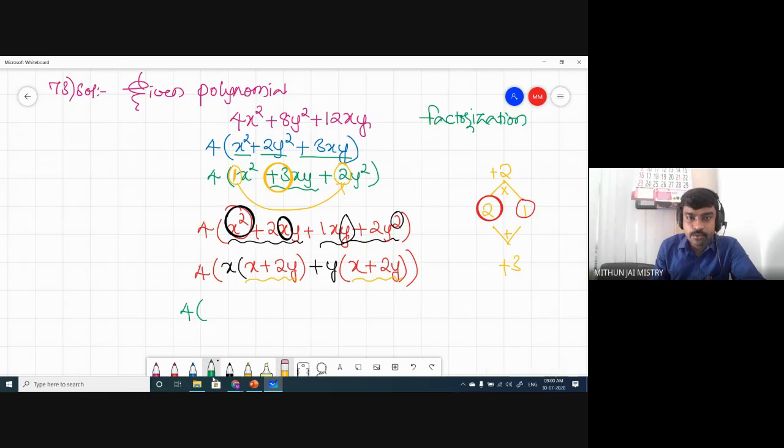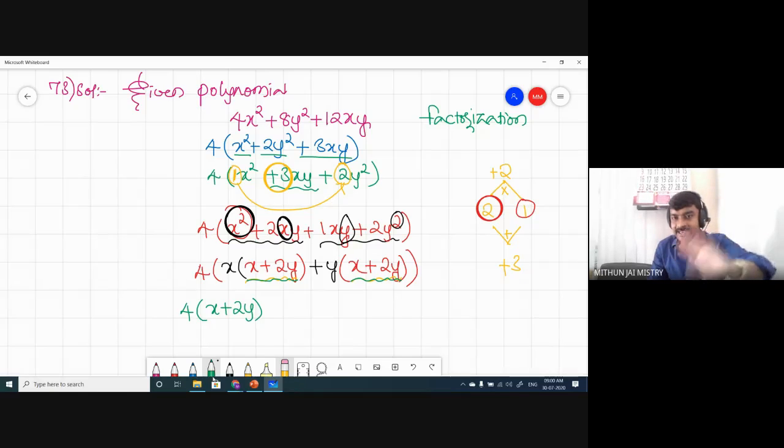Now I am taking x plus 2y. This underlined one I am underlining so that you can understand. This underlined one I am taking outside. So underlined x plus 2y has come outside. So forget about that underline thing. So what is left here? Here x is left. Only x is there. And this underline has gone outside. So what is left? Only y is left here, right? So here we will get plus y. This plus and y. So I can write here plus y.